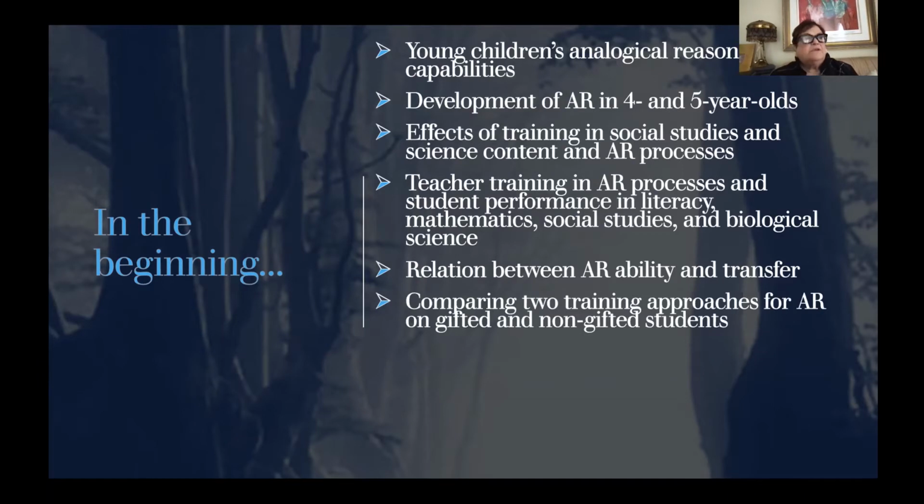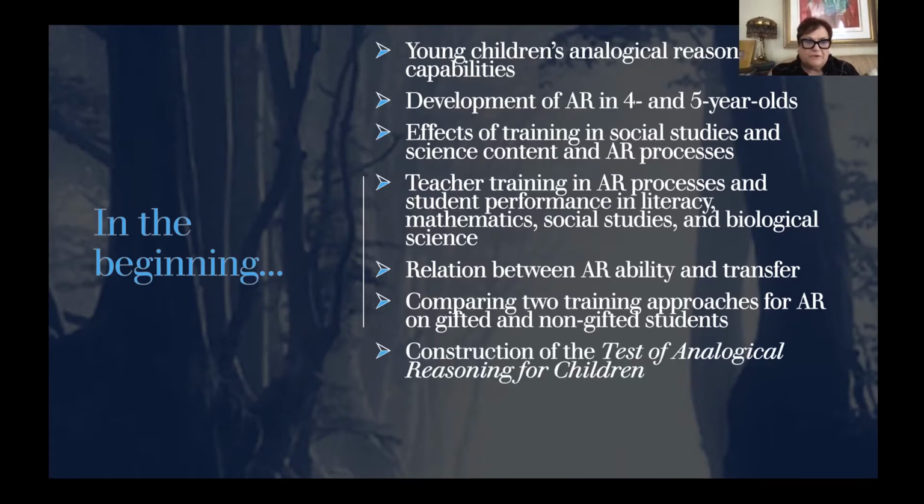In one study, we looked at different ways to train analogic reasoning and whether or not that had an effect, and whether that effect differed for individuals who had been identified within a school district as gifted versus non-gifted. There were multiple reasons I quote this study here in particular. One is because there's not a singular way one can convey analogic reasoning to somebody if you're training them, but there seems to be some need for explication, for being a bit more direct, and that's what this particular study